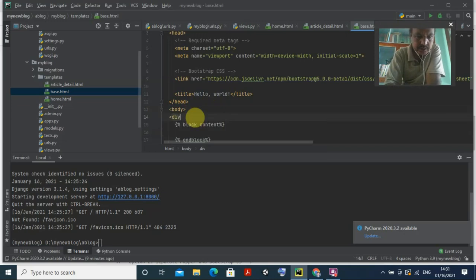So the div is created, and you put a class, and the class name I am putting is container. Class, equal sign must be there, class equal to container. Okay, so these are the things you have done.